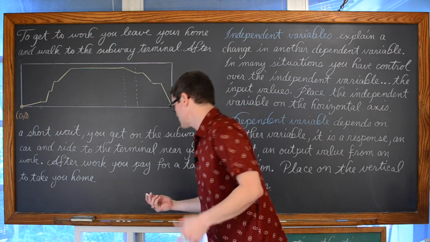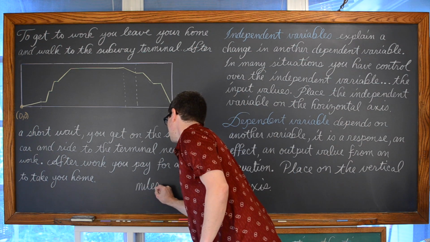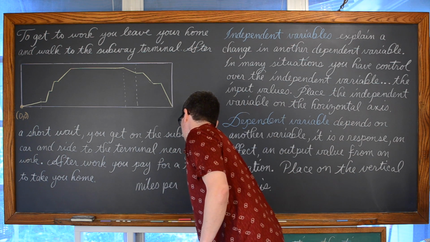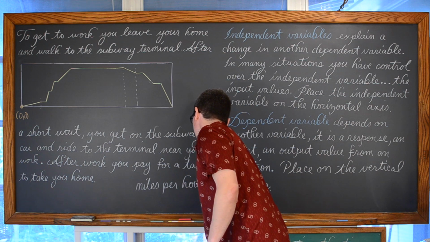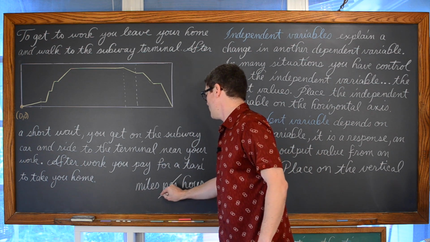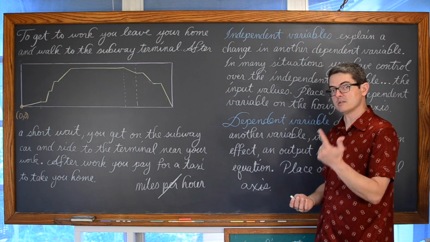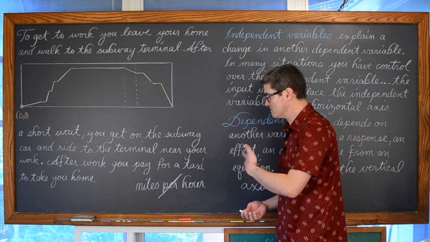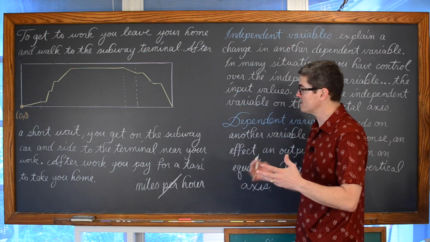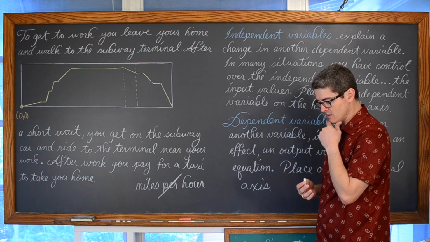A lot of speed, at least especially in America, speed is measured in miles per hour. Well, the word per, pretty much in math, always means division, and so it's a division of two variables, distance and time. And again, you don't have to use miles and hours to measure distance and time, but in this case we are going to. So what is going to be the independent variable? Well,